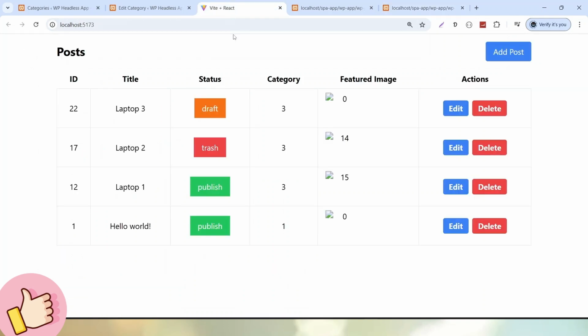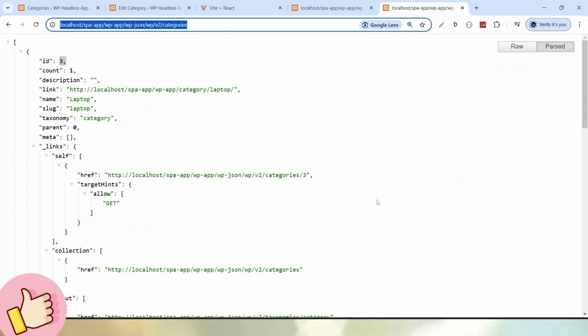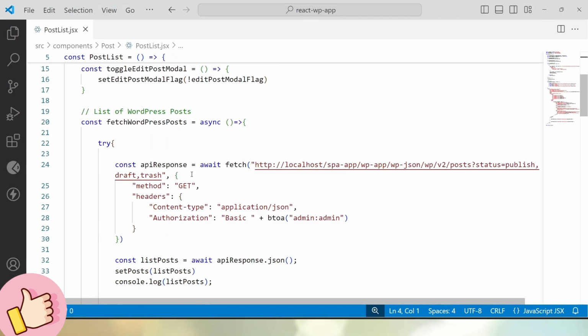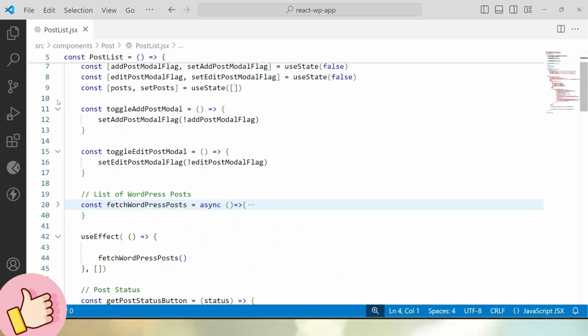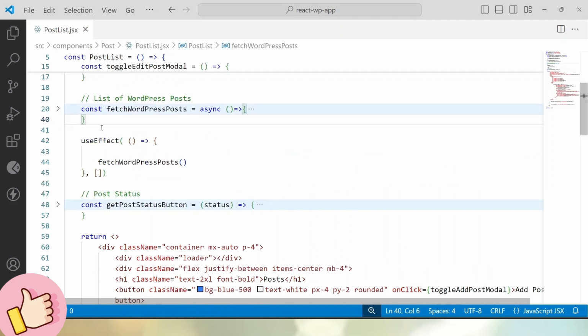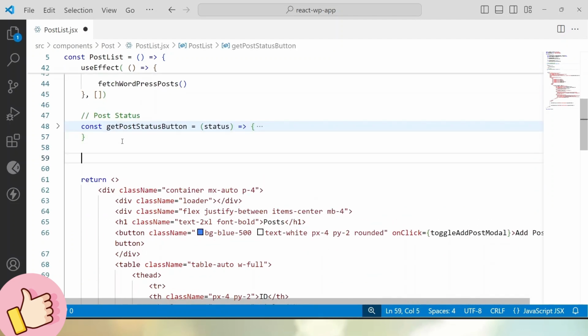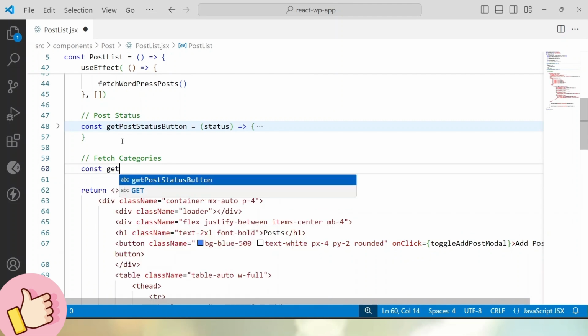So in place of this 3 and 1, if we want to get the category name, we simply have to call an API with this URL. Let's go back to the project editor. So inside this component file, after this fetch post, after this useEffect, and also after this post status, let's say fetch categories, and here const, let's say fetchWordPressPostCategories